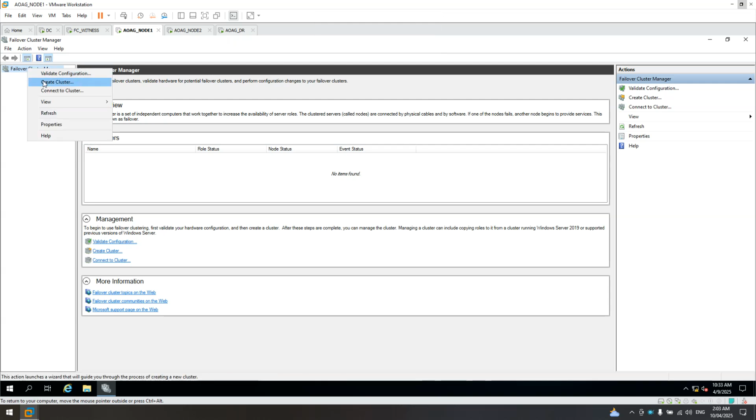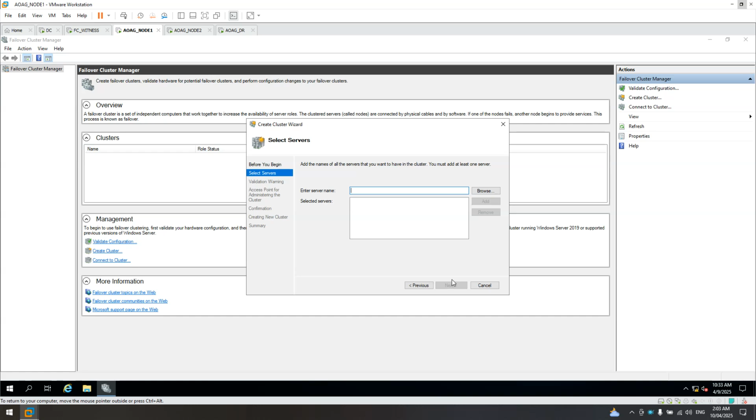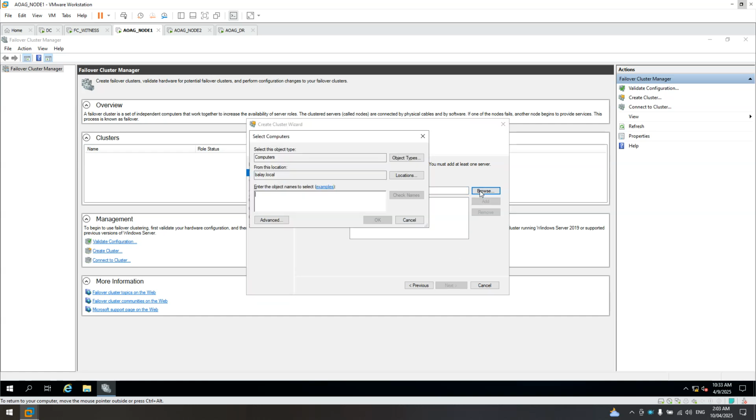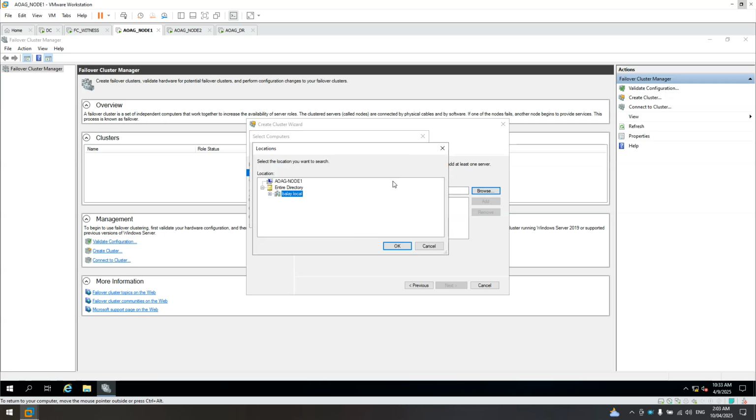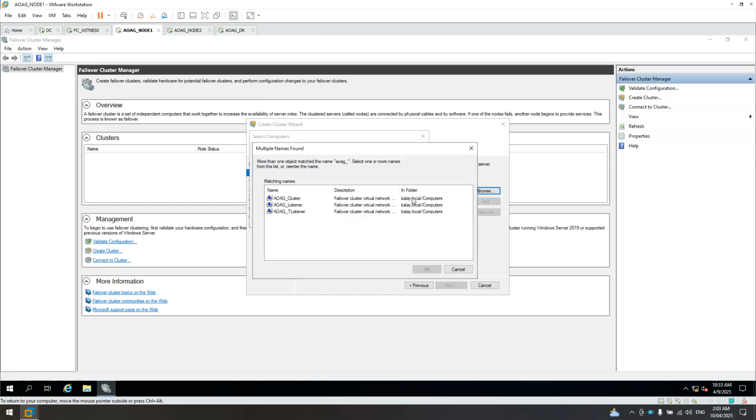Create cluster. Then click next. You're still in node 1. Then browse. Same as what we've done a while ago. Browse for the Balay local under computers. Look for AOAG, because the AOAG underscore. Then check names.